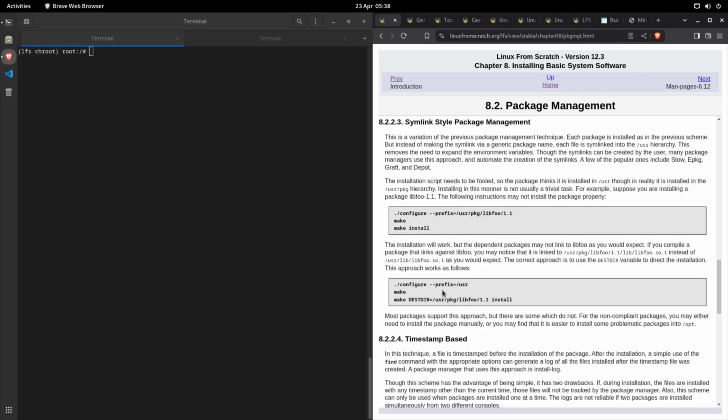Most packages support this approach, but there are some which do not. For non-compliant packages, you may either need to install the package manager or may find it's easier to install some problematic packages in